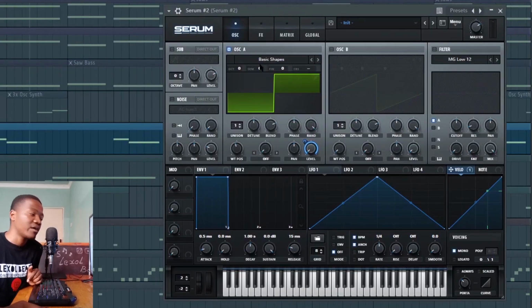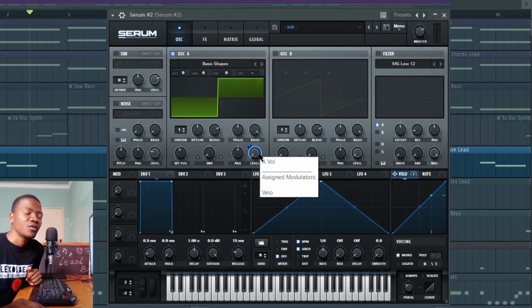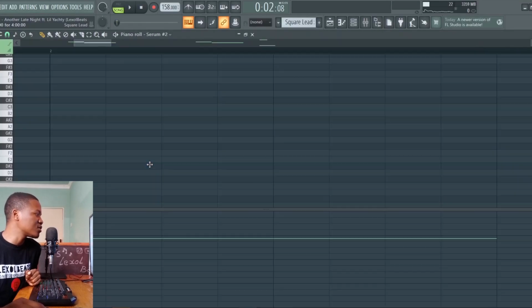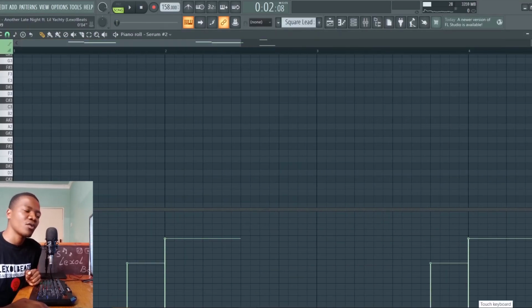This is a very simple square wave, which I'm getting from Serum here. As you can see, the shape is a simple square wave right here. So what I'm doing is on the levels here, I am messing with the velocity, which I'm automating with this button here from this velocity in this corner right here. The reason why I'm doing that is to have this effect here. And all of a sudden, someone goes like